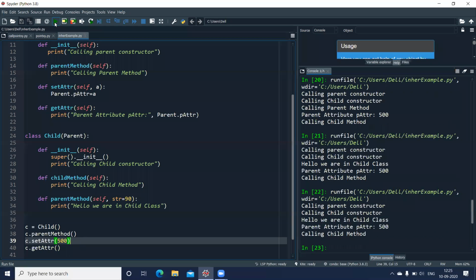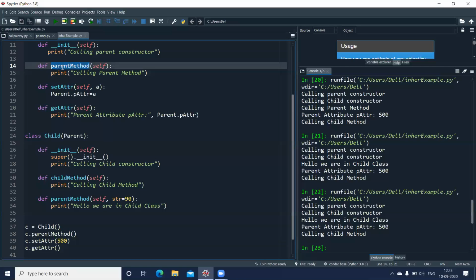So when I run this, you will find it is saying, again, hello, we are in the child class. Simply because this method has been overridden by the child method which we have here. So this is not there anymore. What if I want to execute this method? How do I do it?